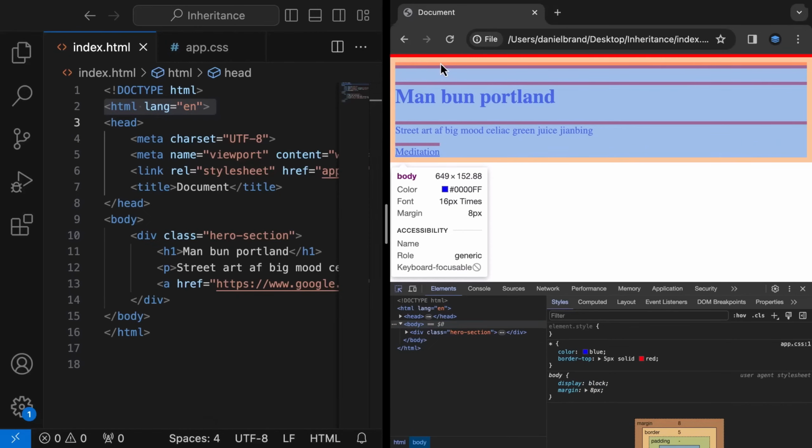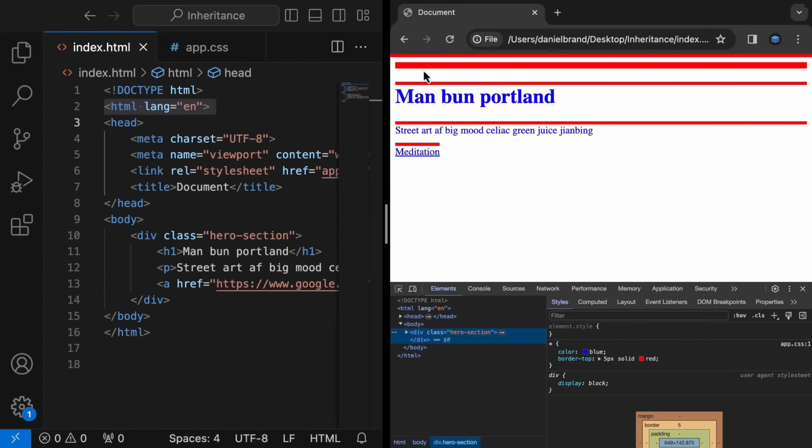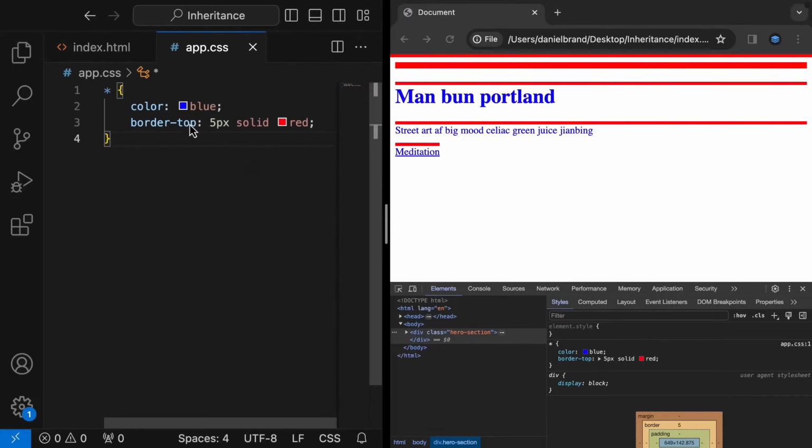If I move my mouse down slightly, you can see that this box is the div container, which is also getting a red border top. Because these are just container elements, the body and the div, without any content between them, it's like the border tops are being stacked on top of one another, which makes them appear thicker. So in a nutshell, any properties that are applied on the universal selector are applied on every single element in